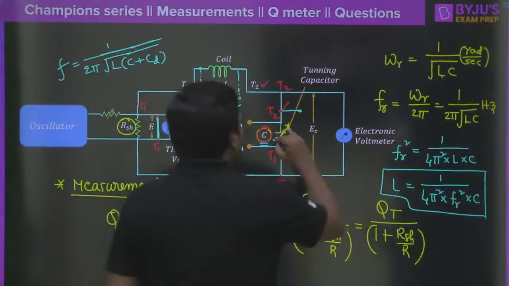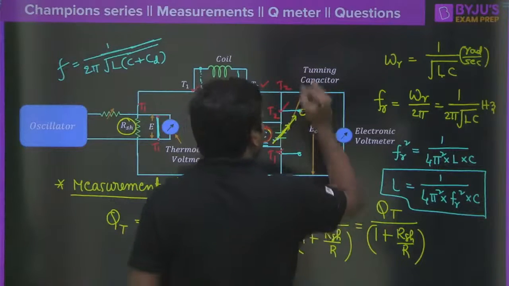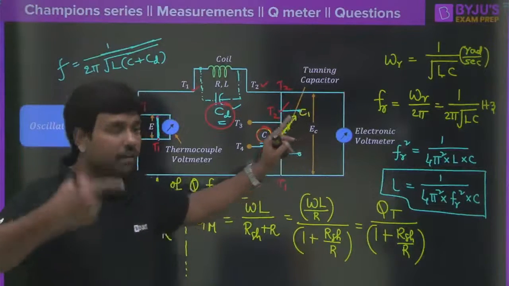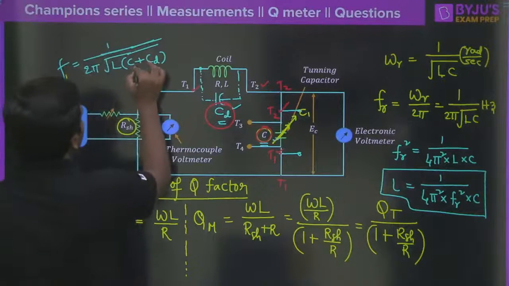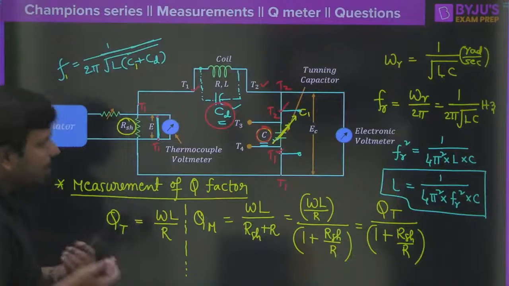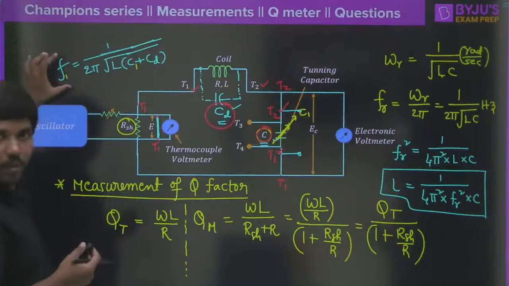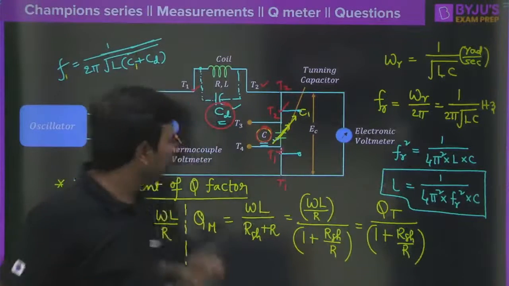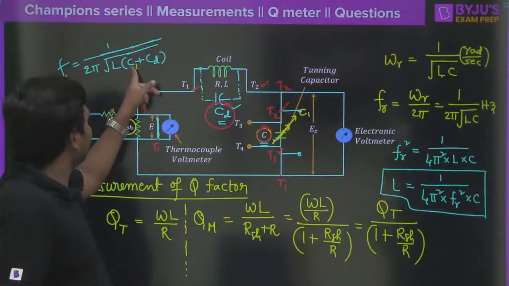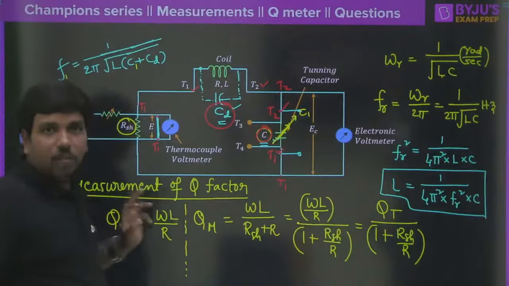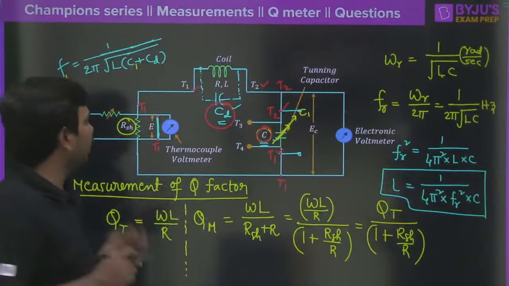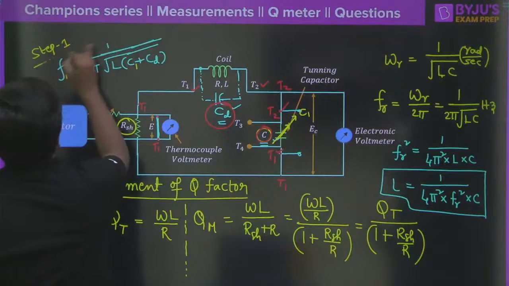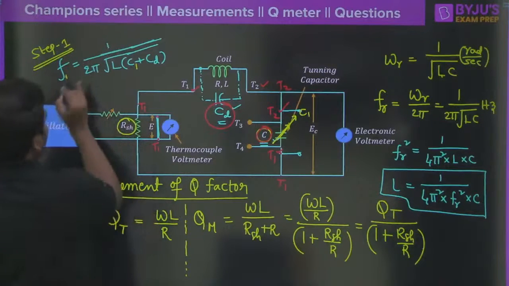We don't know what is the value of CD. So what I do is, I will change this capacitance to some value called C1. Okay, let me change this value of capacitance to C1 such that I will get the resonant frequency F1 and the value of tunable capacitance is C1. Clear? Next time what I will do is, now this value is known to you, because resonant frequency will always be known to you as you are working with the frequency meter, that is Q meter, correct? So this will be known to you and you are tuning this value. C1 is known to you. L, that means inductance, you may be knowing, you may not be knowing, that is not the matter. What I will do is, this is step 1. In step 1, intentionally I am changing the value of capacitance to C1 such that F1 is noted or F1